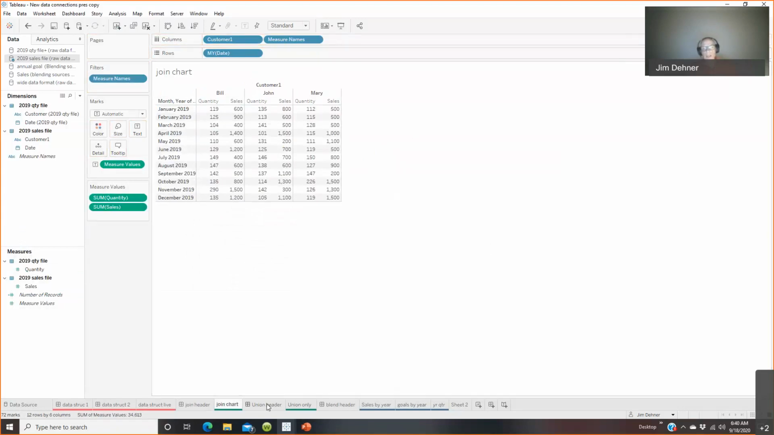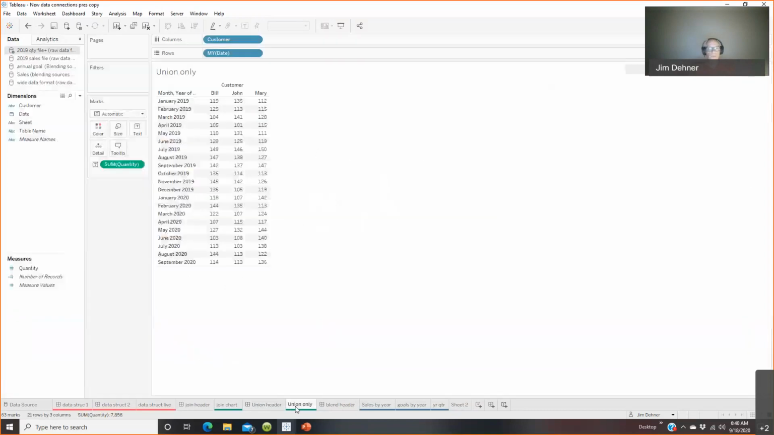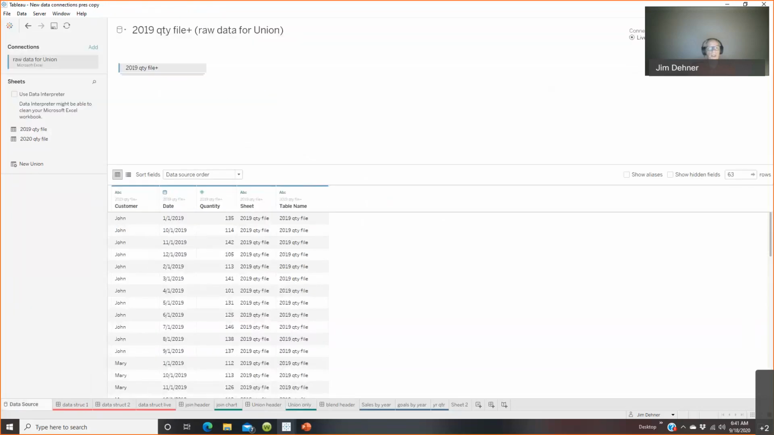The other thing that comes up quite often, particularly in consumer products, is a month goes by and we get a new set of sales data, and I want to add that sales data to the existing data set. And we do that by using a union that extends the length of the data file. It's similar to an append command in Access. Very easily done. To do that, we just drag the new file until we see this box light up that says drag table here to union, drop it in place,